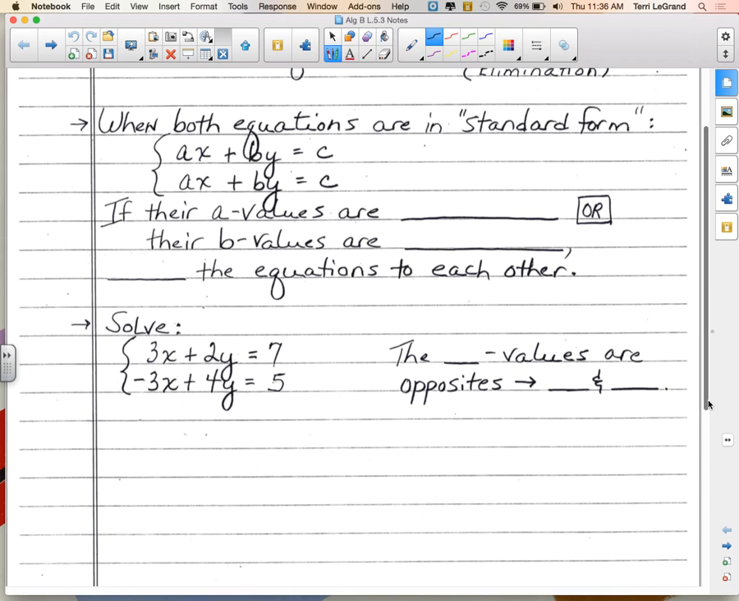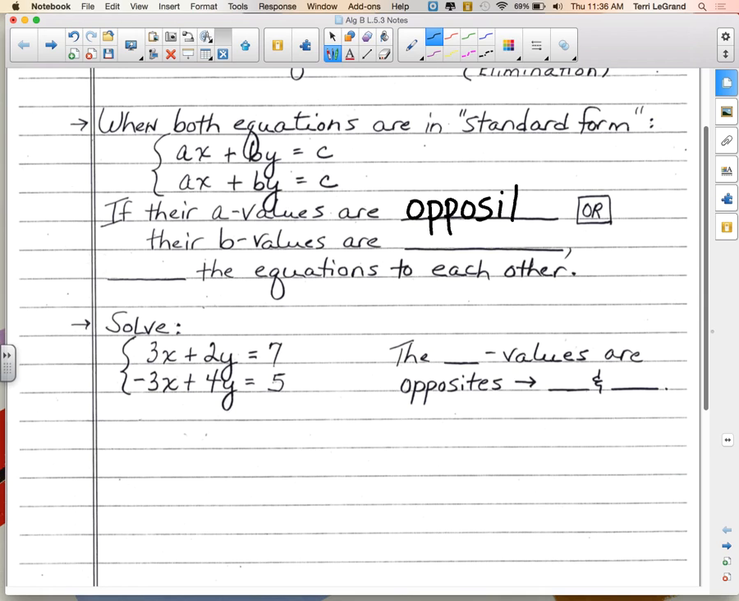You have a number of x's plus b number of y's. They're on the same side with each other. They are equal to a constant. So when the equations are in standard form, both of them have to be. So when they are both in standard form, we get to use this process today. If their a values are opposites,